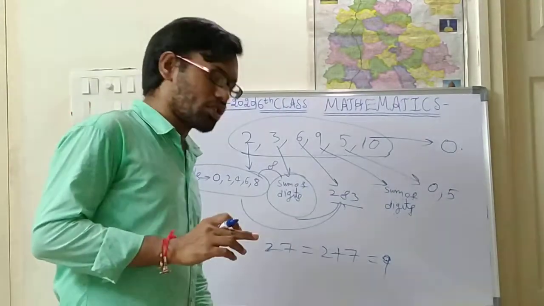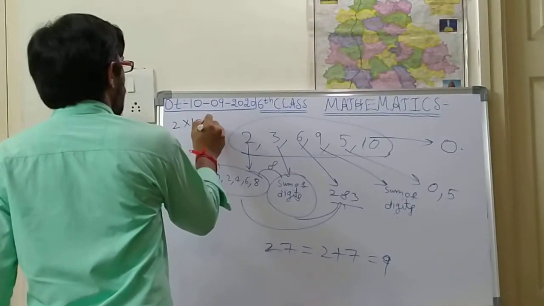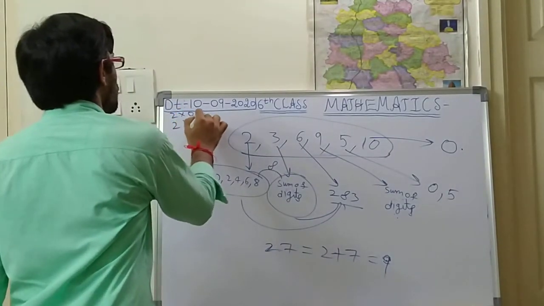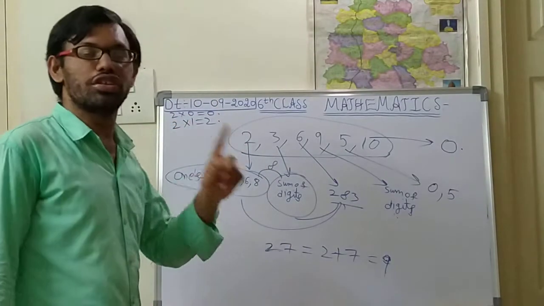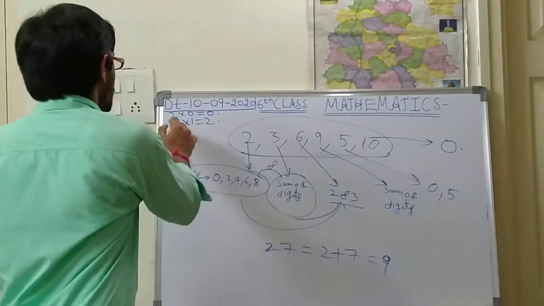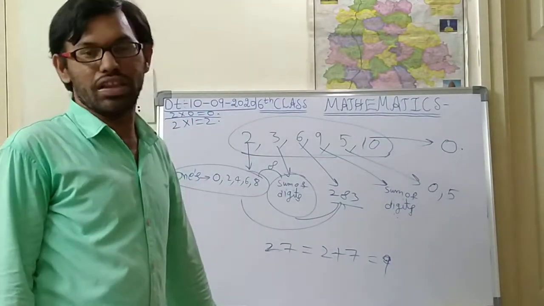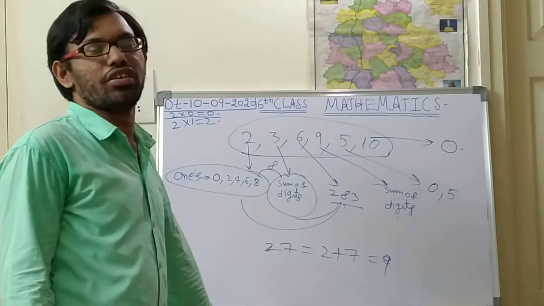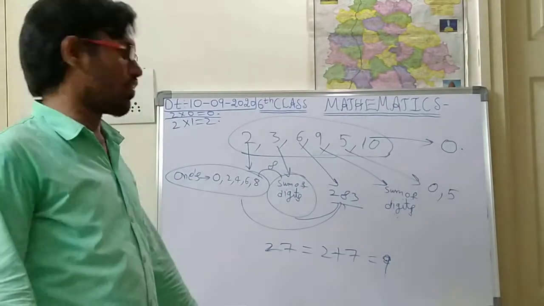One more most important thing: in multiplications, everyone is checking from 2 into 1 only. 2 into 1 is 2. But before that, there is another entry also: 2 into 0 is equal to 0. For every multiplication table, 2 into 0 is equal to 0 will also be there. So please don't get confused, children. You are supposed to take this in the actual division method, so that your quotient will be a perfect match with the result.